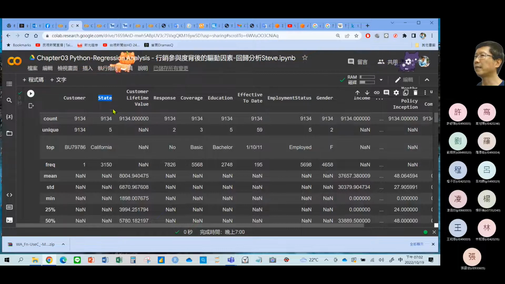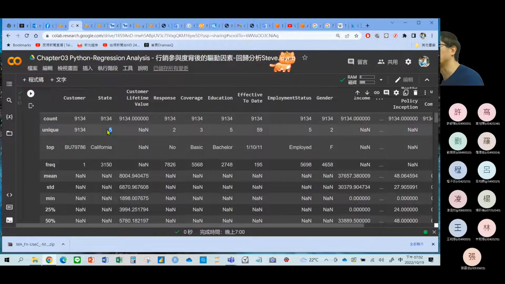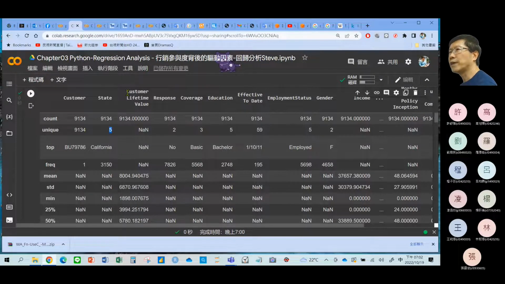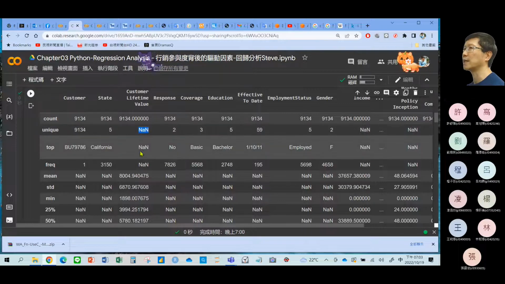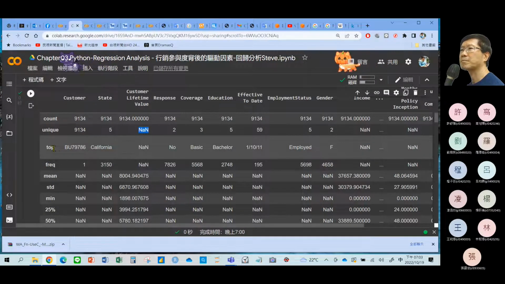So how many unique types for state? 5. So you know all the customers are coming from maybe these 5 states. 好，这个就是有5个州的客户。那哪几个州？等一下我们再来看。Okay, so continuous variables don't have unique, 啊，对连续型变数就没有这个了。